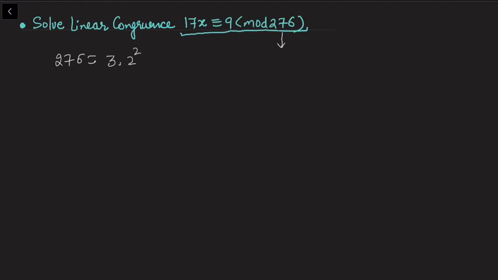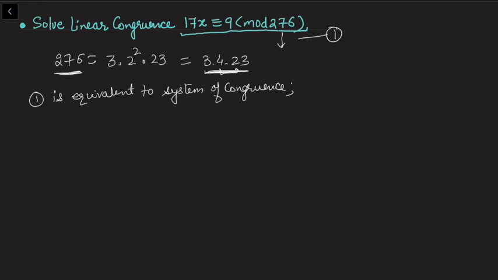So 3 into 2 squared into 23. And then I can further write this as 3 into 4 into 23. So basically what we are looking for are integers which are relatively prime. Now once I've written 276 into integers which are relatively prime, I can write this congruence